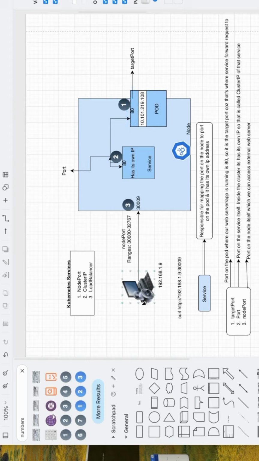So once the complete data is available, we can make the curl request from the command line. So http://192.168.1.9, this is the example, and we are specifying this to 30009. This is how you can access the external web server. So how the service will be